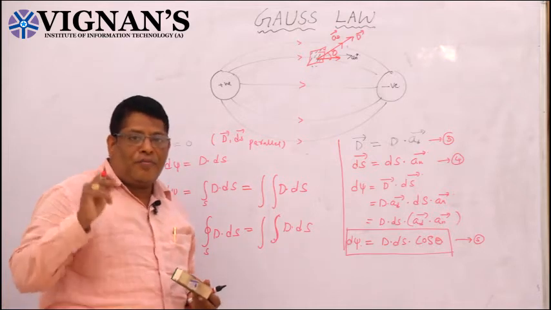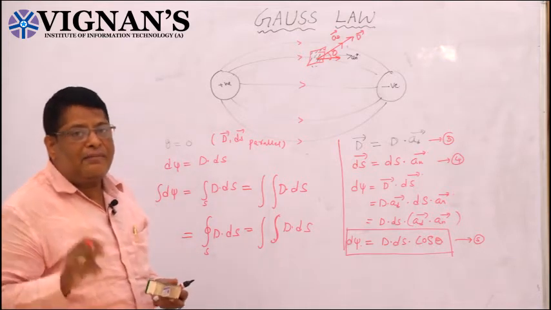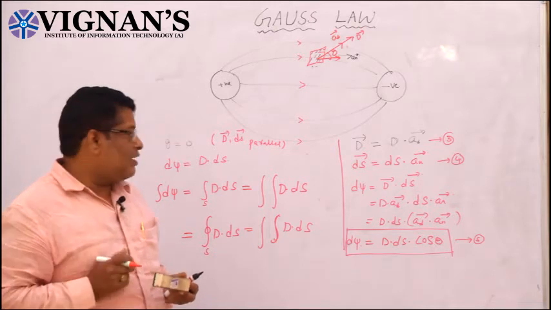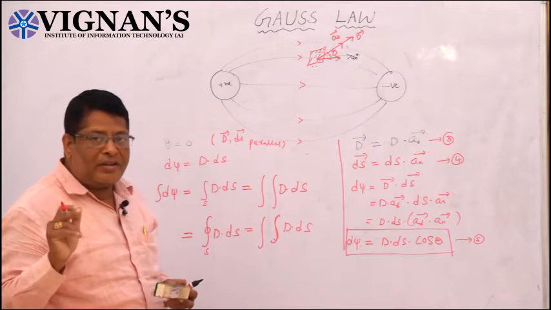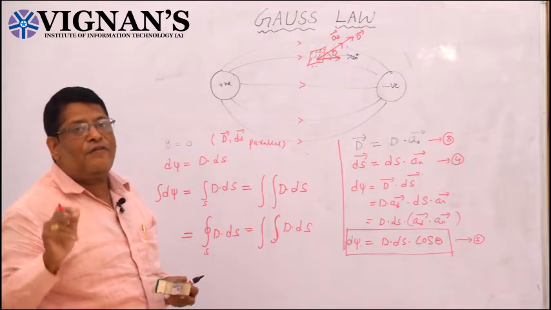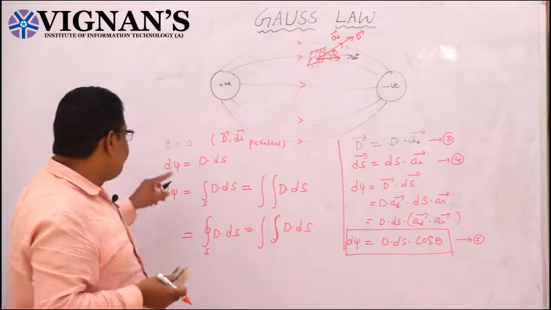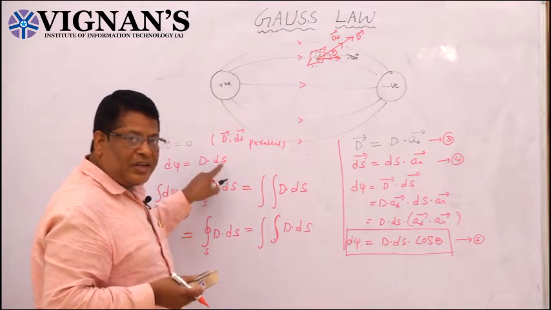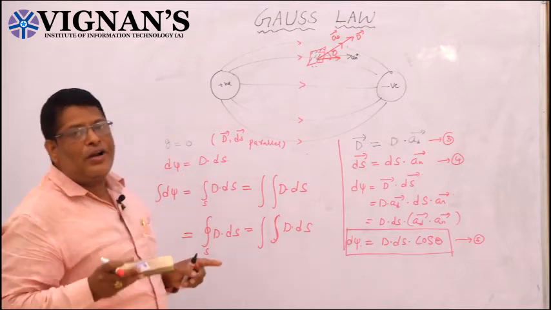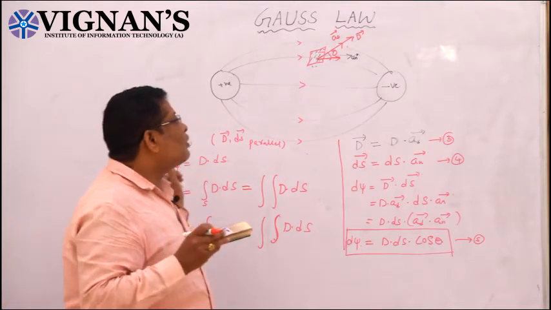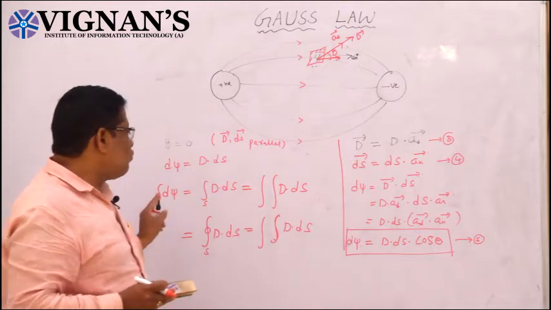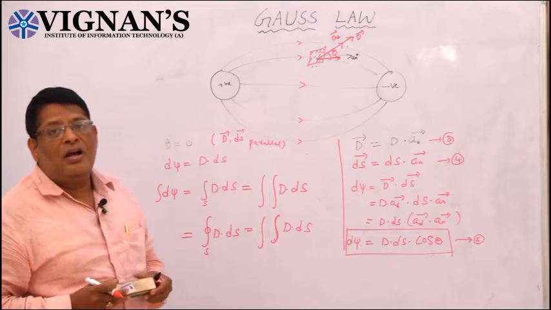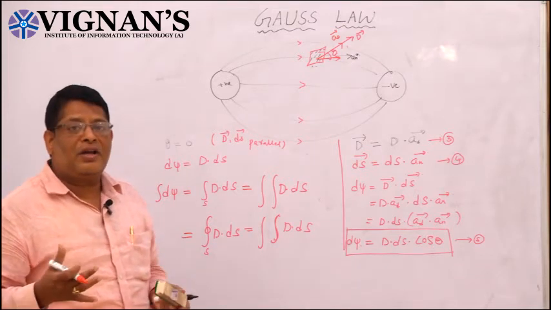Now here what we have to remember is that the surface integral is nothing but a double integral. And one more point we have to remember is that the flux leaving from the differential surface area, dψ, equals D dot ds. Now we want to find out how much flux is leaving from the total surface area. See here, we have to do the integration with respect to the surface area, which gives the total flux which is leaving from the surface area.